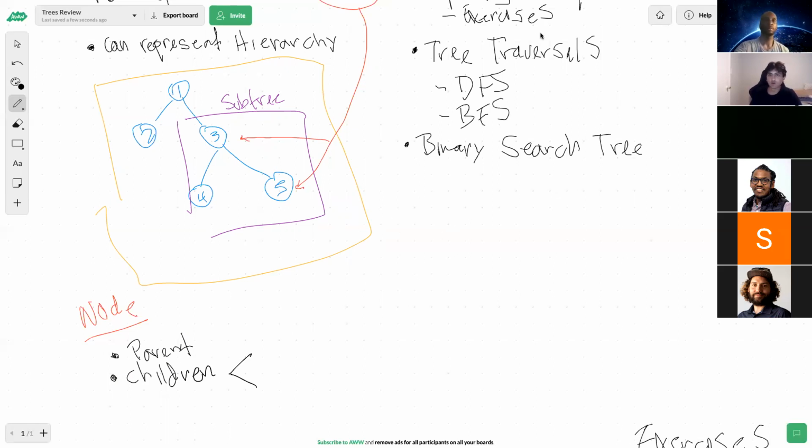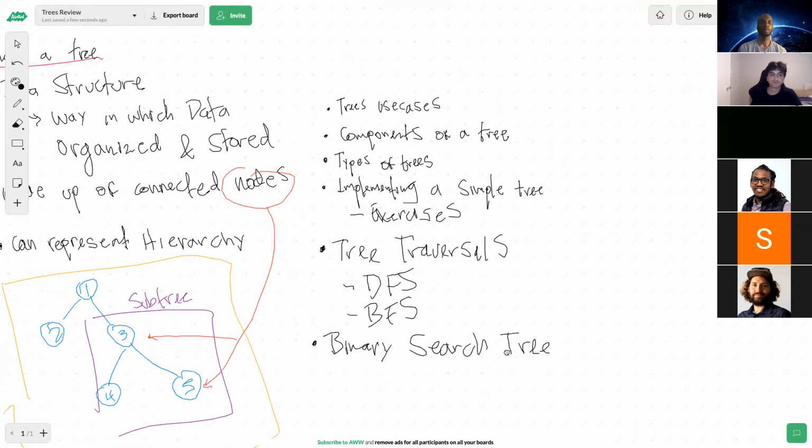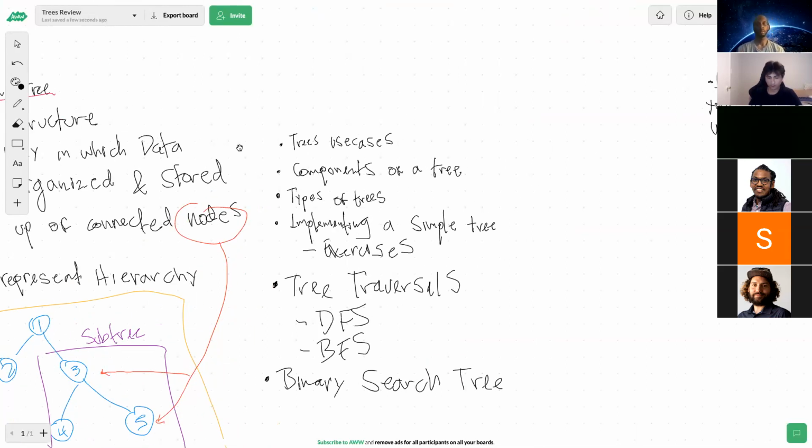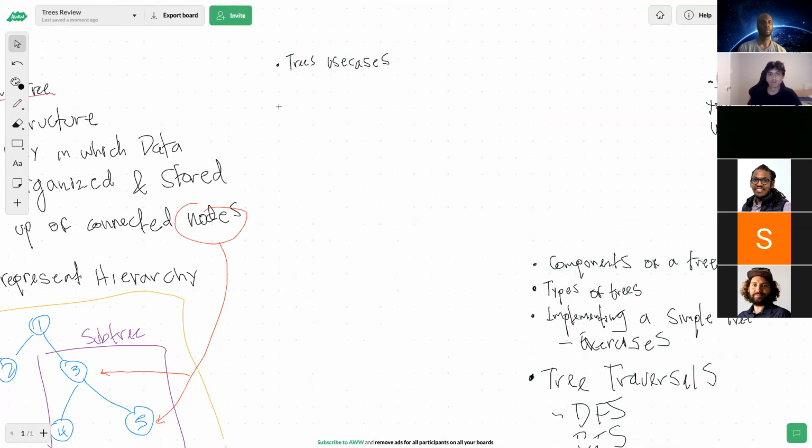So let's go up here. Actually, yeah, let's move to this. We sort of talked a little bit about this. Let me then move this somewhere around here. What are some use cases that you can think of for trees?